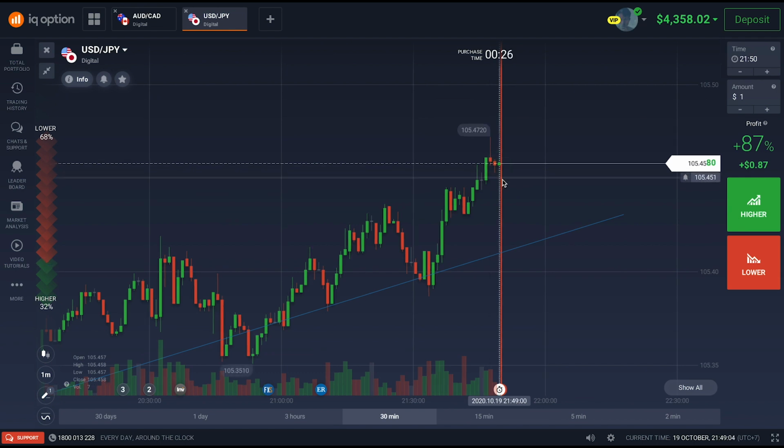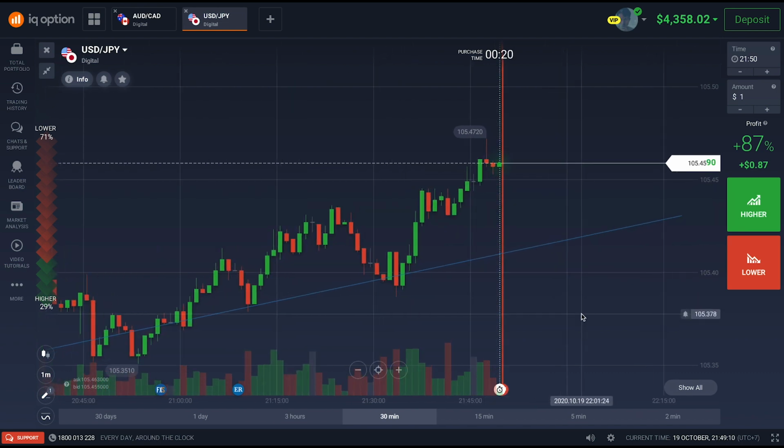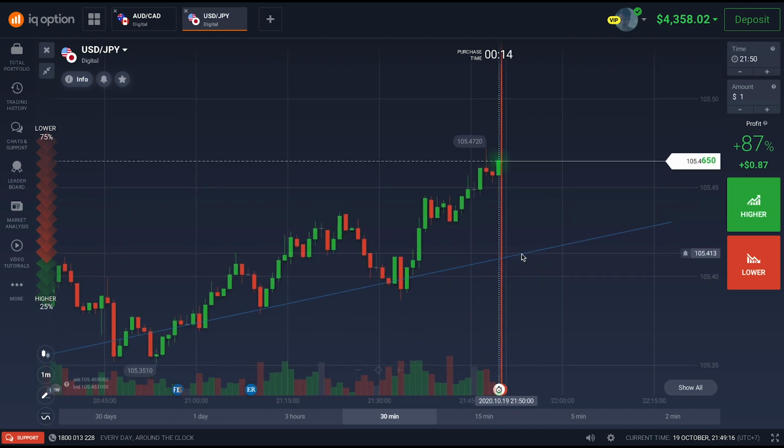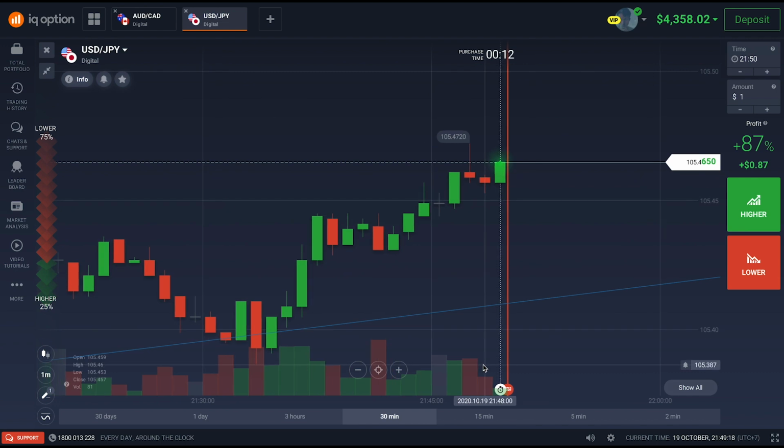Okay, let's look at here. We can see that the bearish is pretty low. It's possible that bullish will be going back. Look at this one, because